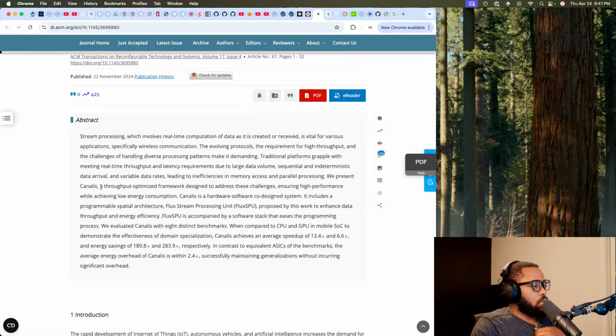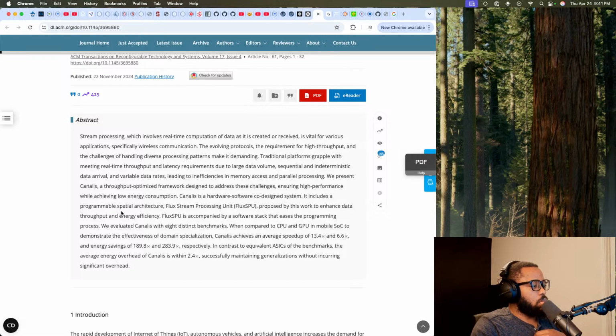We present Canalys, a throughput-optimized framework designed to address these challenges, ensuring high performance while achieving low energy consumption. Canalys is a hardware-software co-design system.